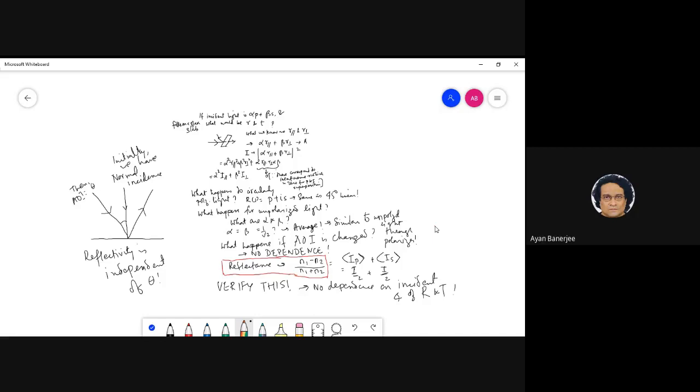Anyway, I really request at least some members of the class to try to verify this, because I am curious. Sir, when we pass unpolarized light through a polarizer and take the output intensity at half, I0 by 2, it is kind of from Malus's law, I0 cos squared theta. So we take theta to be 45 degrees. Maybe the same thing happens here. Some average theta, yes.